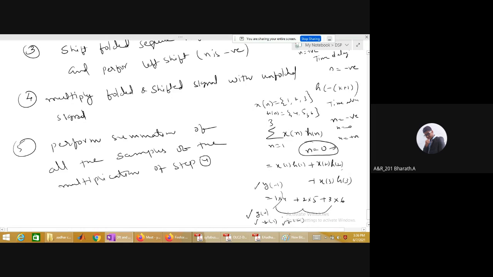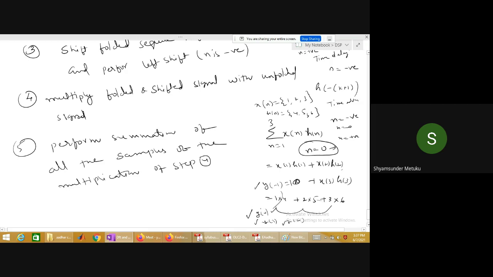You tell me. Like x of k, we have calculated k equal to 0 to 3. Yes or no? Similarly, in a convolution also, y of n must be calculated for more than one value of n. Is it clear? No, I'll tell you actually. Once you perform the summation, you'll get some scalar quantity, maybe some 10, for example. I need to repeat the procedure for every sample of the output for different values of n.